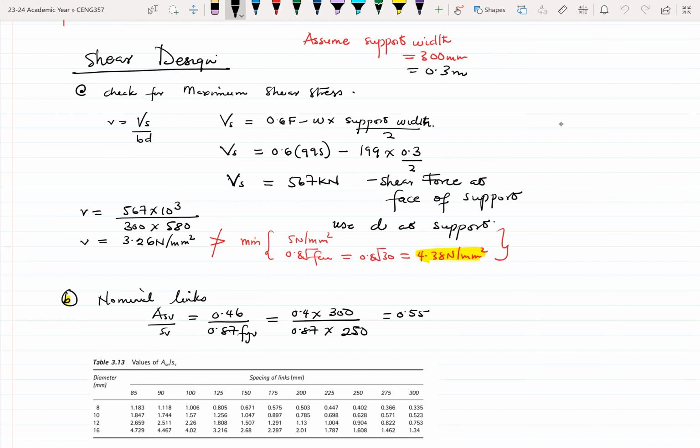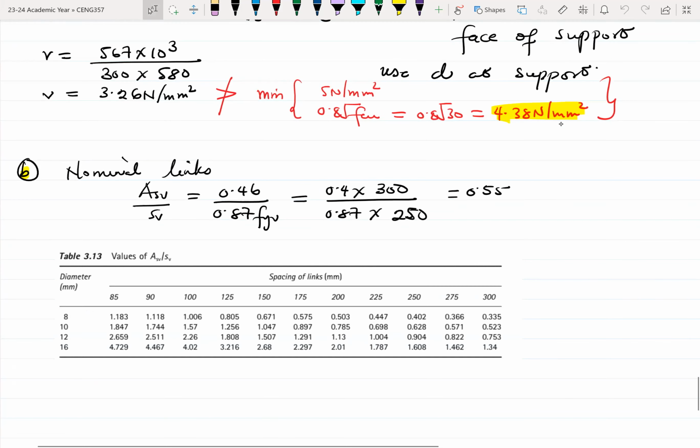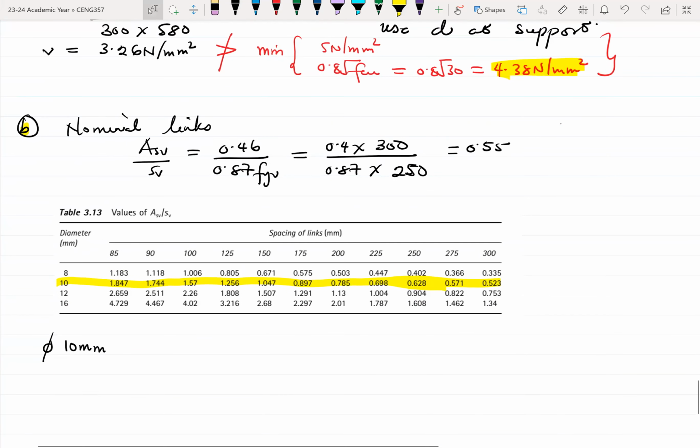Okay, all right. So we have this table showing nicely. Usually you come to this table and choose a value higher than what you calculated, right? So let's say we are looking at 10 millimeter diameter rings. It means that we are going to look at this zone where 10 millimeter diameter. Our value was 0.55, so the best one to choose is 0.57. All right, so it means that we are to provide